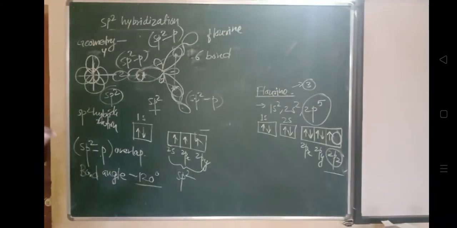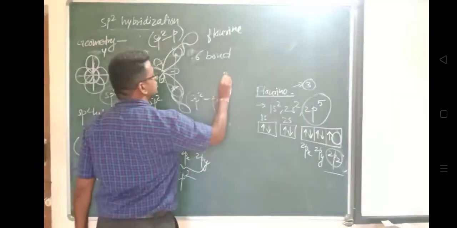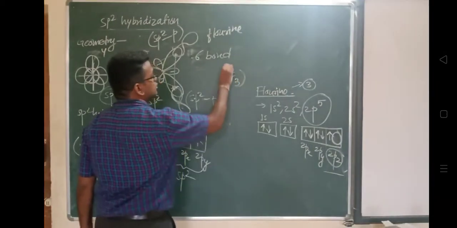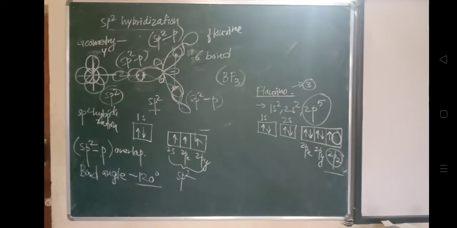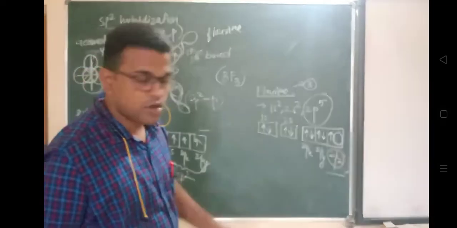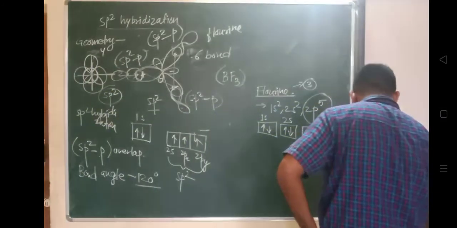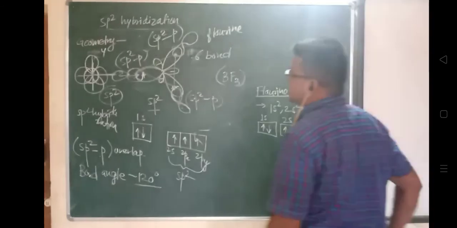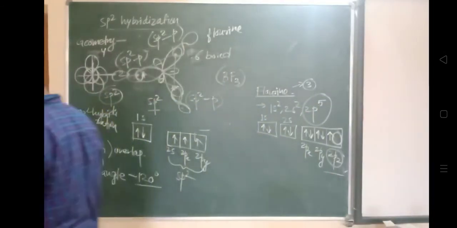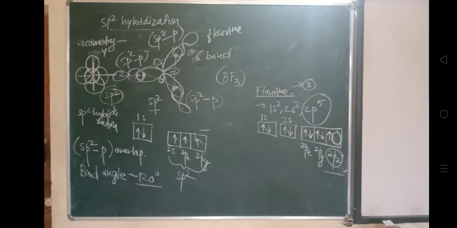So in this sp hybridization, one s orbital and one p orbital will take part in the mixing of the orbitals and recasting them to form the hybridization. In sp hybridization, one s and one p orbital undergo mixing and recasting to form two sp hybrid orbitals of the same energy and the same shape. This parameter you know very well. After formation, the hybrid orbitals will be of the same energy and same shape.